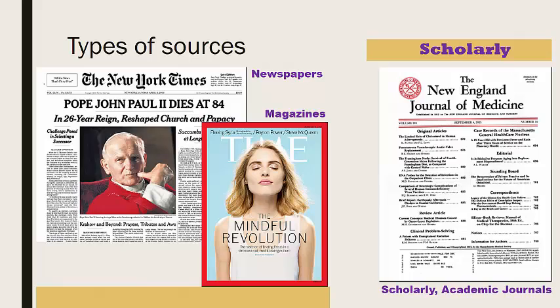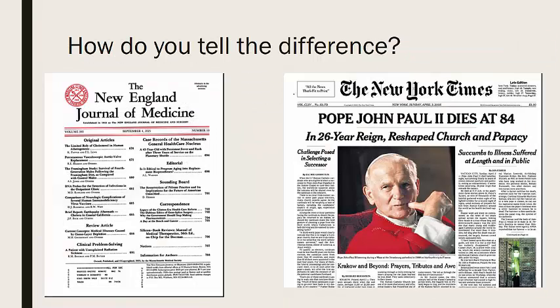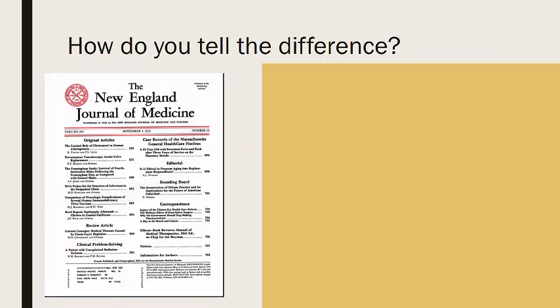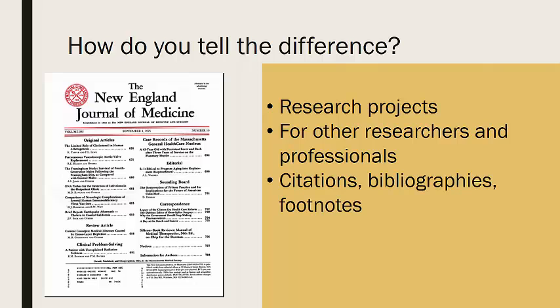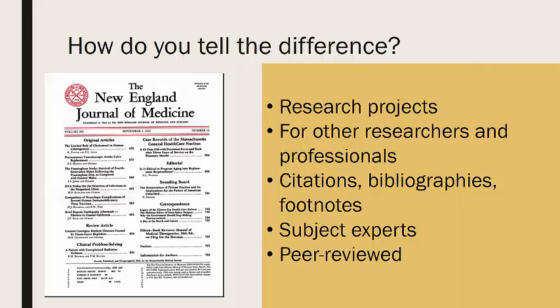Is it scholarly? Is it popular? We touched on this in the very first tutorial. How do you tell the difference? Scholarly articles contain the results of a research project. In a second, we'll discuss how to read a scholarly article. The topics are very focused and geared towards other researchers and professionals. They contain citations, bibliographies, or footnotes. The authors are subject experts, and the research is usually peer-reviewed, meaning other scholars have read it and think the